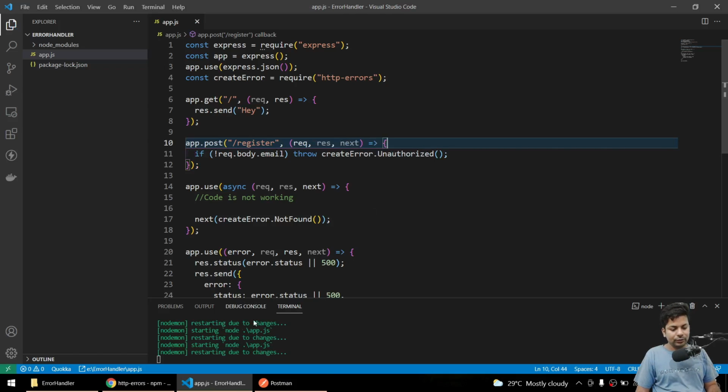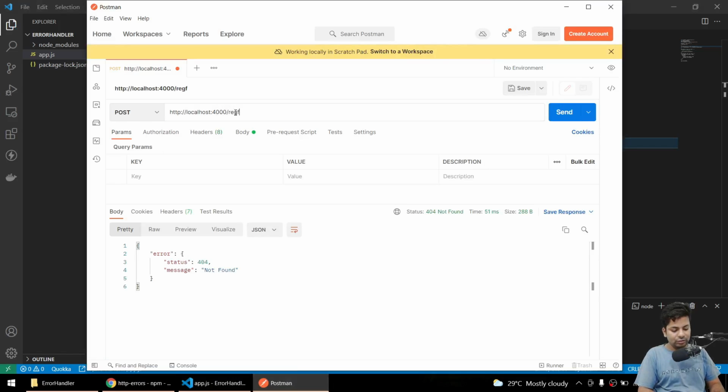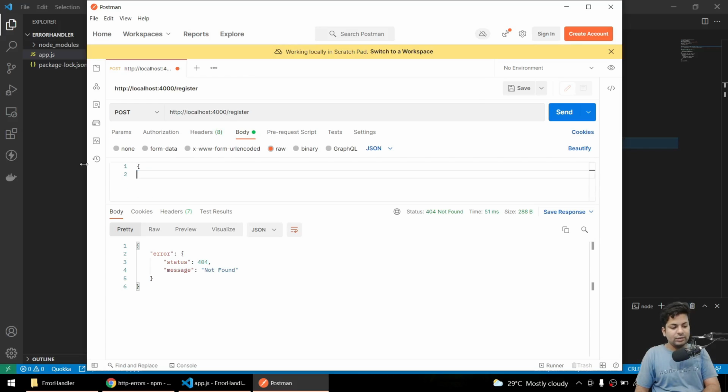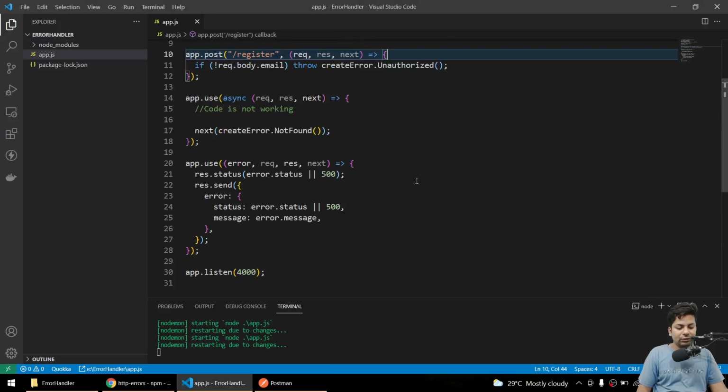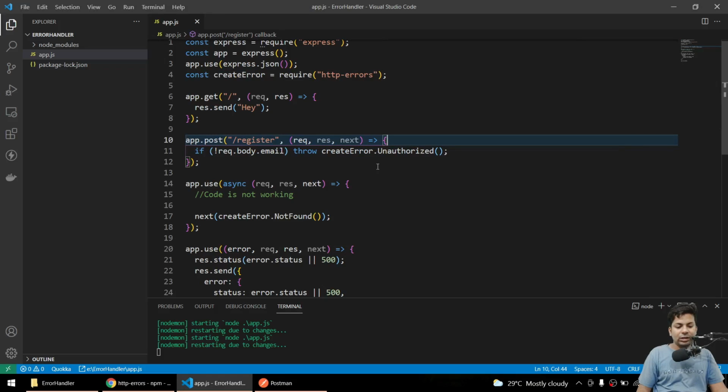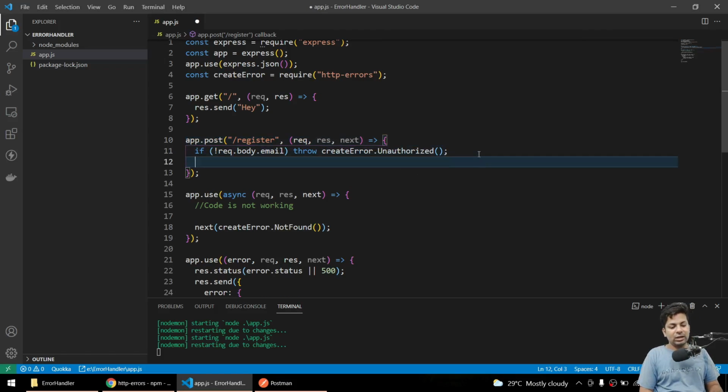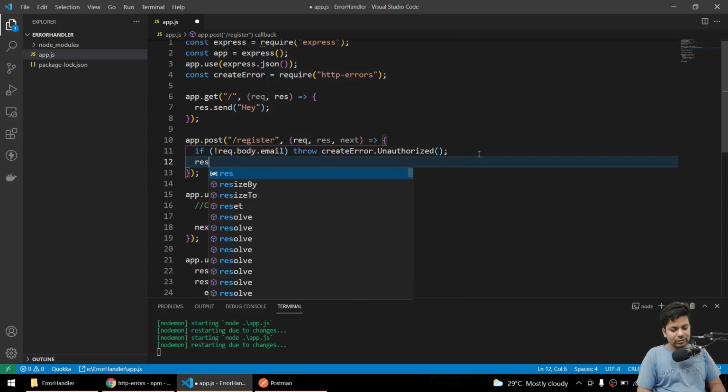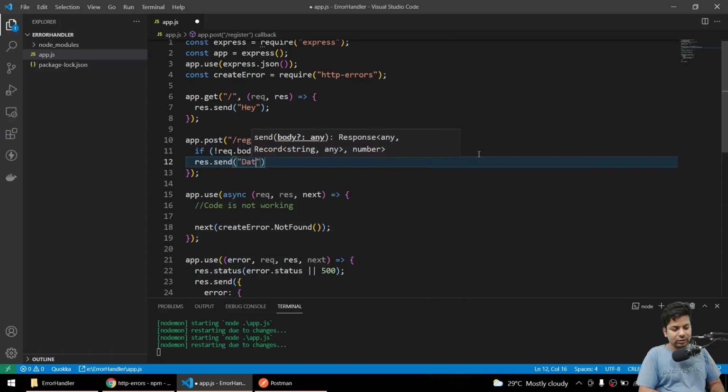Now it won't go directly there, it will give you an error. If I go to slash register and I'm not sending any email, let me remove all the previous data. See, 401 unauthorized, we are getting the response as 401 unauthorized. Why? Because we came here and said createError unauthorized. If there is the data, we'll say console.log, or res.send, data received. Okay guys,